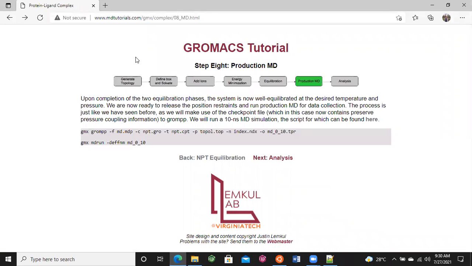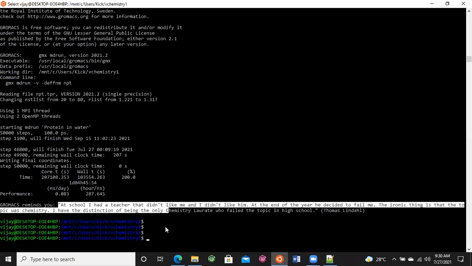Okay, well, now this file is ready, so we can copy the command. The next step is to copy this command, Control C, and paste it on the terminal.